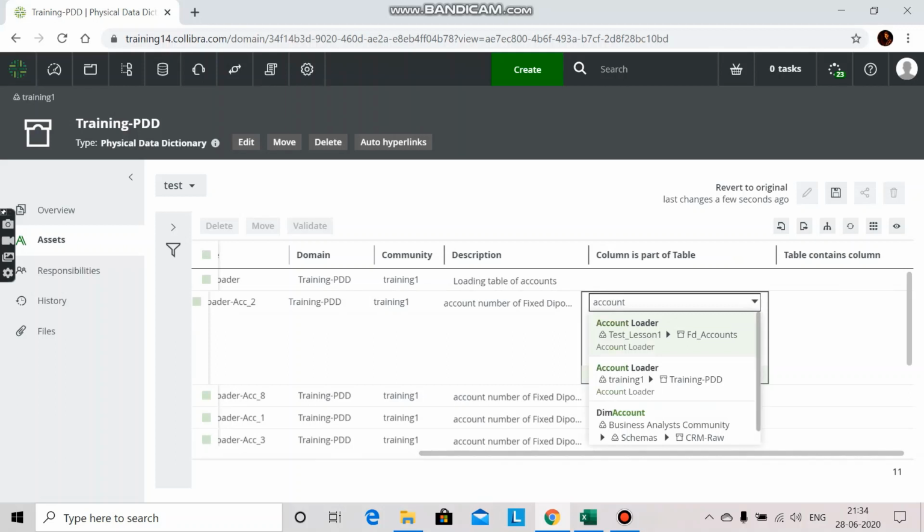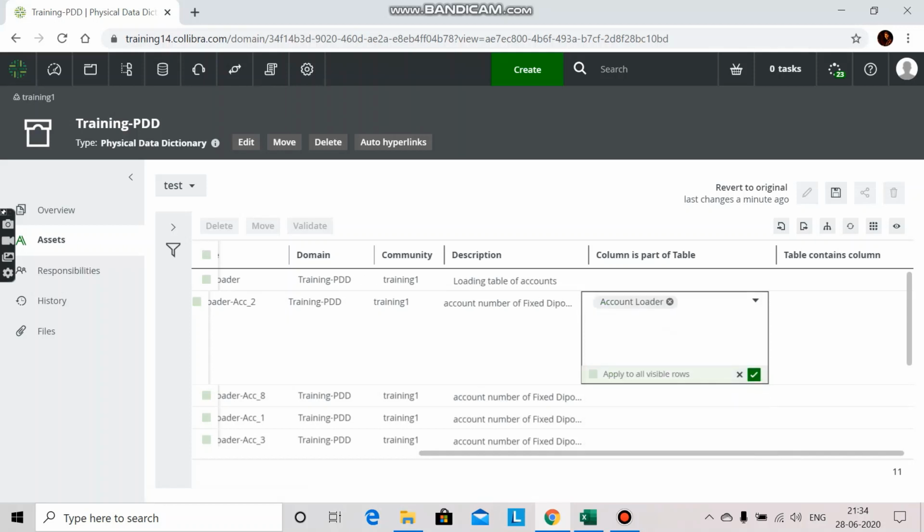You can see here account loader; there are multiple tables with the same name, but through your domain name, your community name and also the full name, you can see which one is your table. That is training one community, training PDD domain and account loader. So you go ahead and select this one and